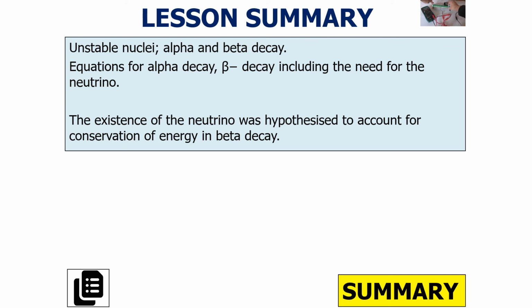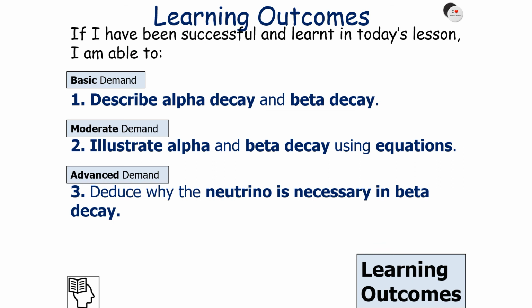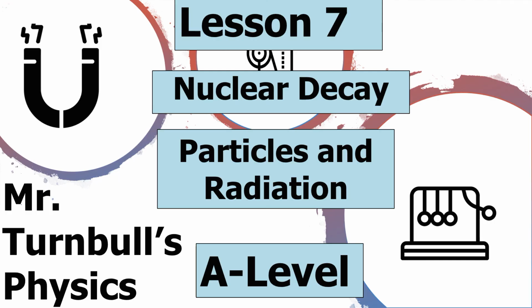So what have we learned in today's lesson? We've looked at unstable nuclei, alpha and beta decay. We've looked at the equation for alpha decay and beta decay, including the need for the neutrino, and understanding that the existence of the neutrino was hypothesized to account for the conservation of energy in beta decay. If we've been successful in today's lesson, we should be able to describe alpha and beta decay, illustrate alpha and beta decay using equations, and finally deduce why the neutrino is necessary in beta decay. I hope you've enjoyed today's lesson on nuclear decays, which forms part of the particles and radiation topic in